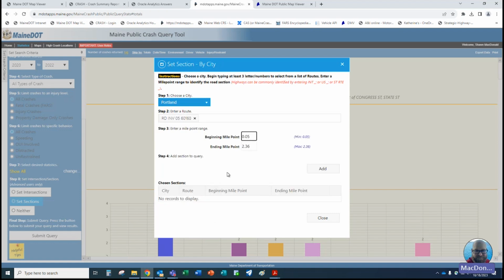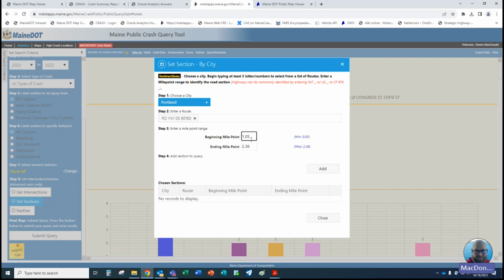And then it'll ask you for a beginning and ending mile point. And for this one, it limits you so that you don't get any area that would typically be outside of that area. So these are the restrictions on that particular road. It begins at 0.05 of a mile, and then it ends at 2.36 miles. So we wouldn't be able to get anything outside of that.